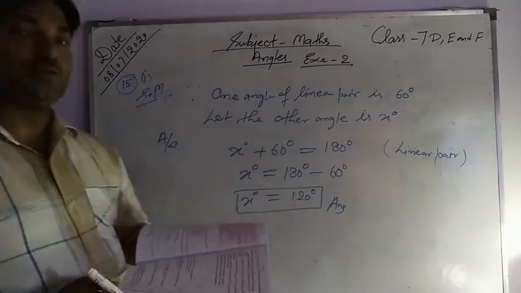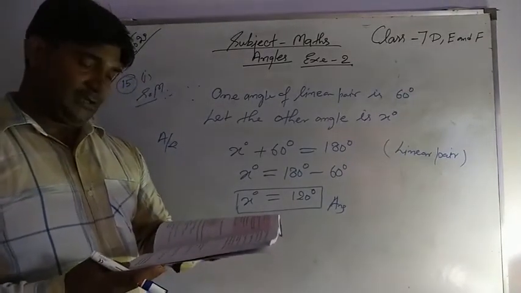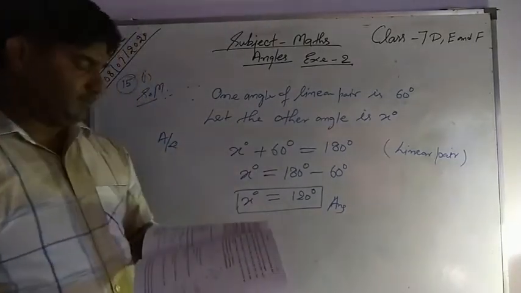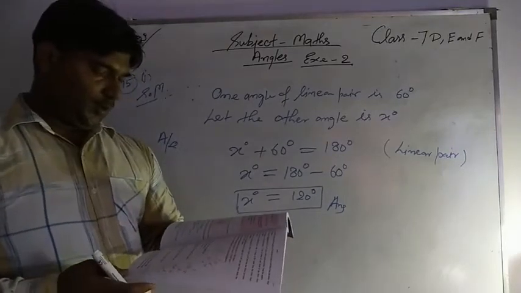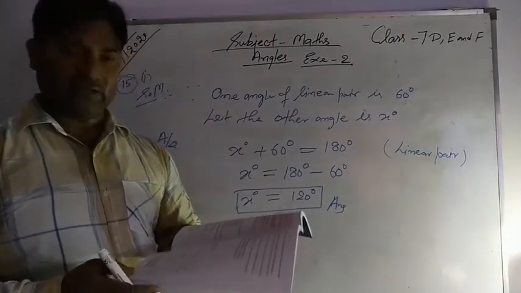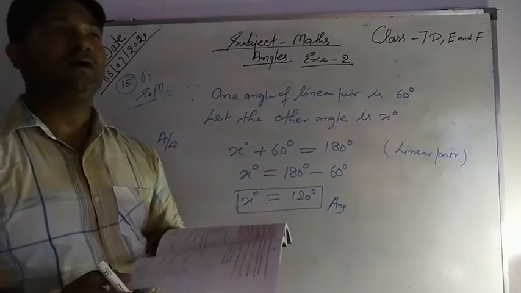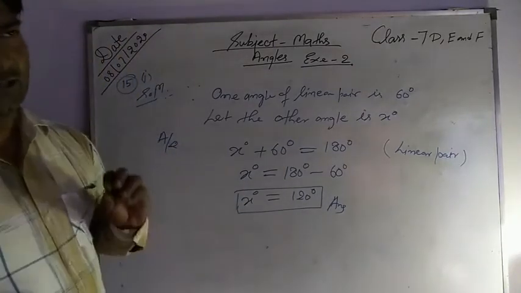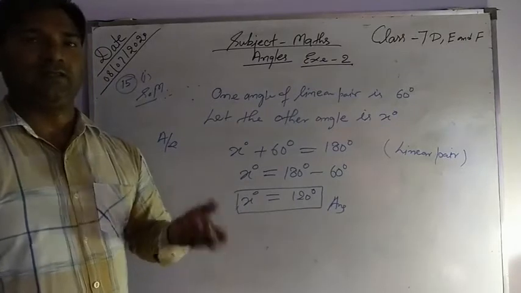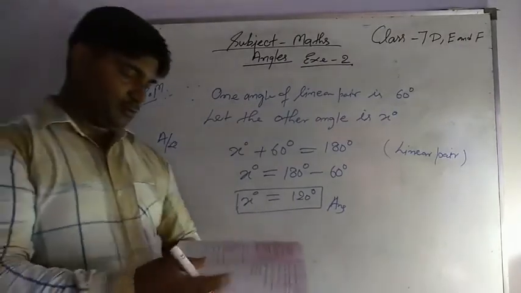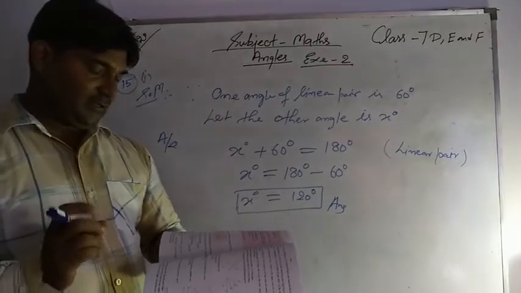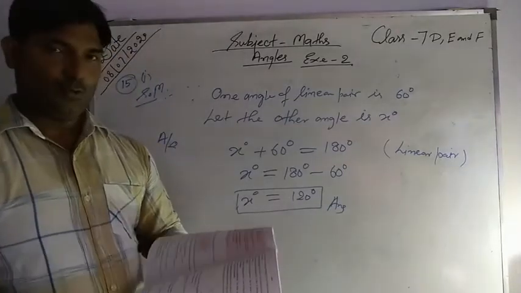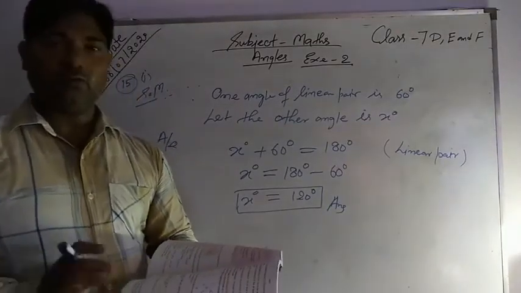Now the next part of this question is that one angle forming the linear pair is 135, find the other angle. So we do it the same way. And the third part of this one: one of the angles of a linear pair is an acute angle, classify the other. If one angle of the linear pair is the acute angle, then definitely the other angle is the obtuse angle. So in this question we are going to classify, so we only write the answer: the other angle is the obtuse angle. This is the answer of the third part of this question. Okay, so you will do it in your copy.